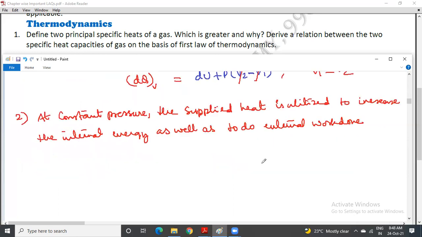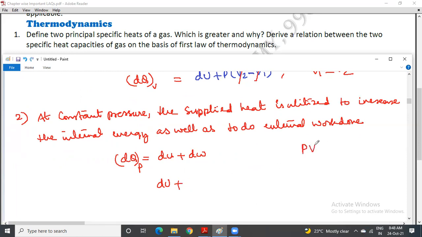Let us once again write the first law of thermodynamics: dQ is equal to dU plus dW. Here, heat supplied at constant pressure, so dU plus dW. Now let me write